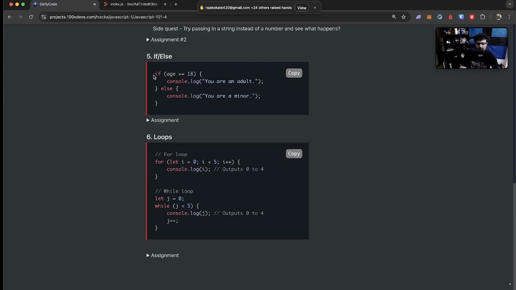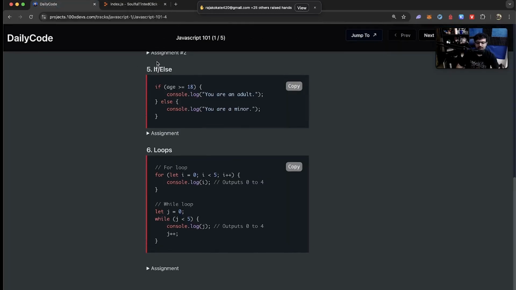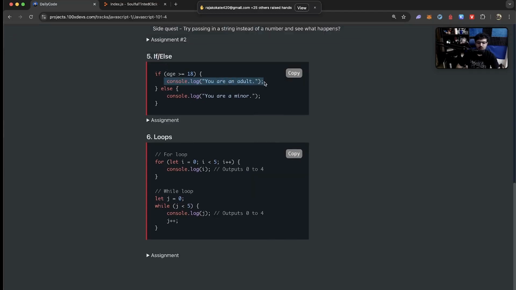So first let's understand if else's. I already used an if else over here. So you might be a little jarred when I wrote this code. But if else lets you, as the name suggests, run some code based on a condition. I repeat, language agnostic, exists in every language. Java has it, Rust has it, every language has ifs and else's. Whenever the control reaches here, it will check, is this condition true? If this condition is true, then this gets logged, else this gets logged. I repeat, if the condition is true, then control reaches here.